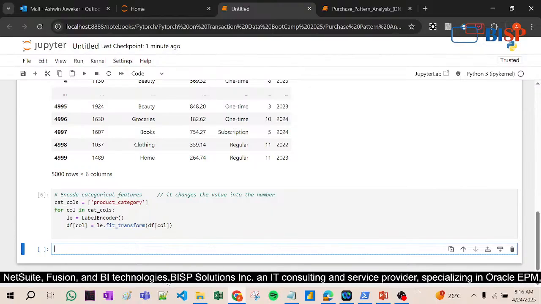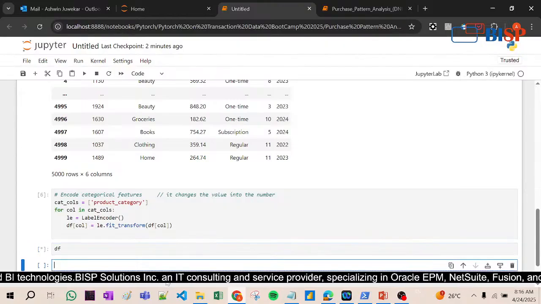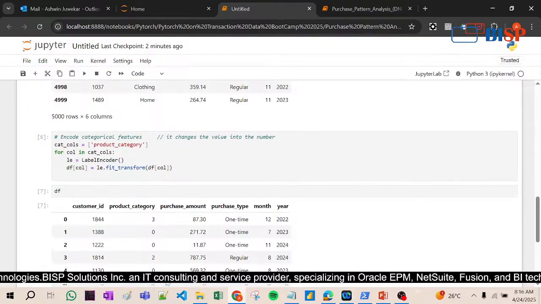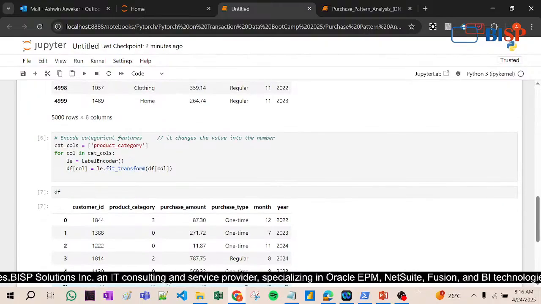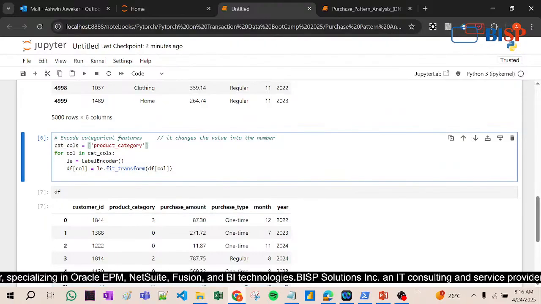Look at this, category columns, product category, right? What we have done here, category columns, product category. See, first of all, let me explain you DNN. All the machine learning algorithms work on numerical data, right? So that is why we have to first encode the data. See, category columns equal to product category,